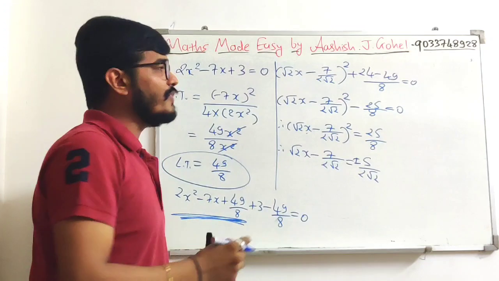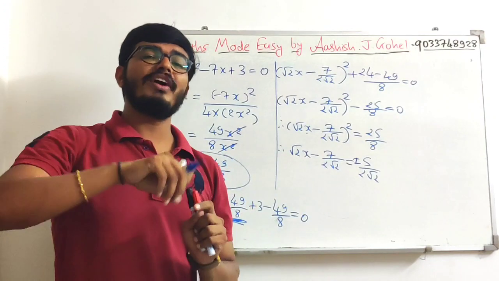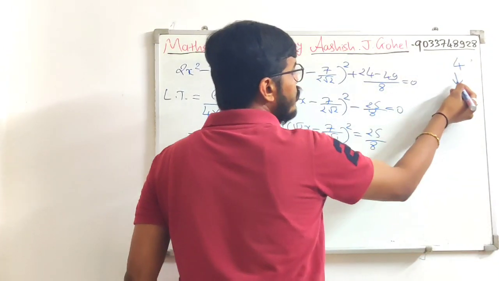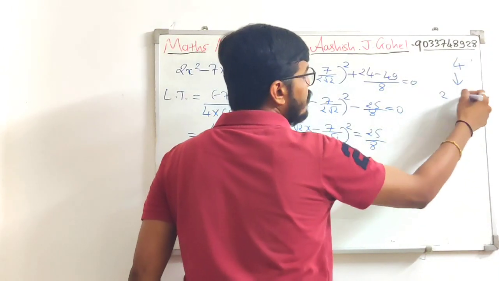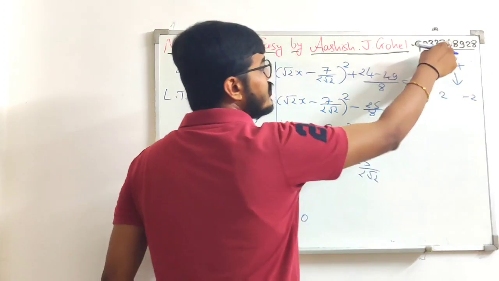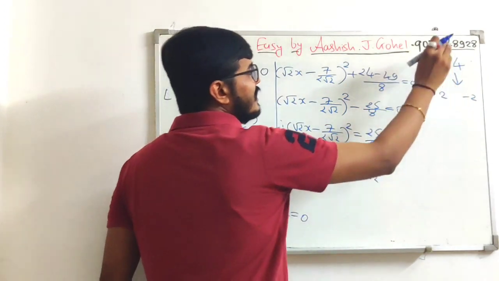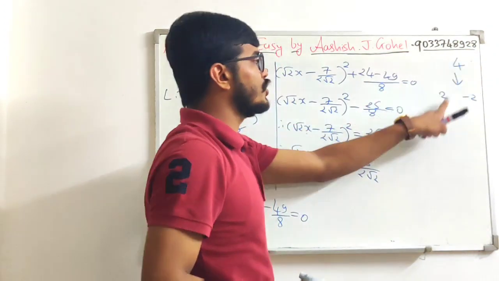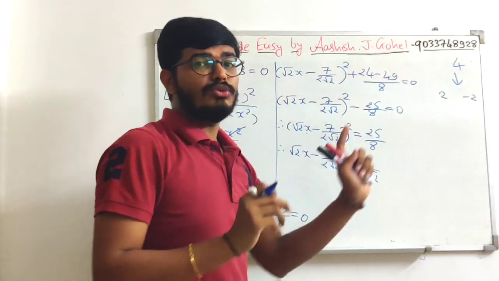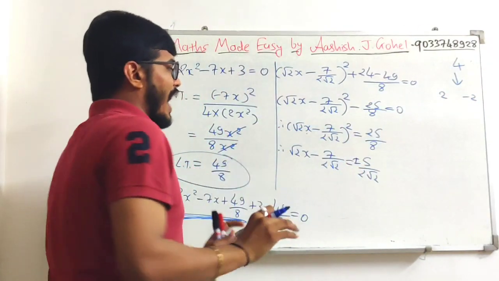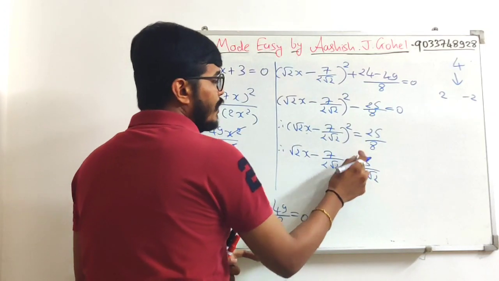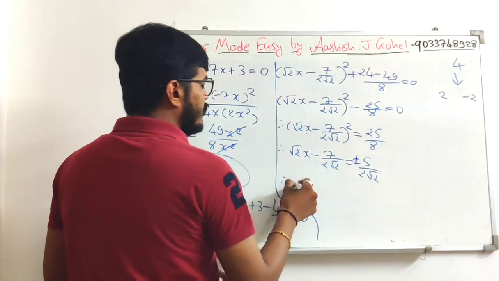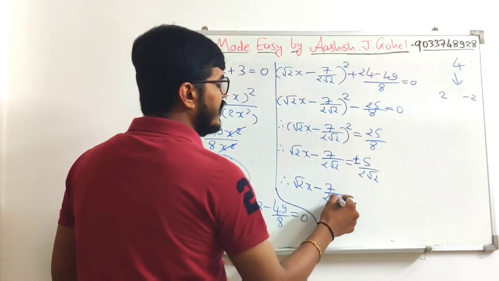Because while squaring we know that 2 squared is 4 and (−2) squared is 4, but in the opposite process I don't know whether 4 came from 2 squared or (−2) squared. So while taking the square root, always remember to put the plus or minus sign, because we never know whether this 4 is 2 squared or (−2) squared. So we need to check both the possibilities. Every time you take the square root you put plus or minus on any one side.